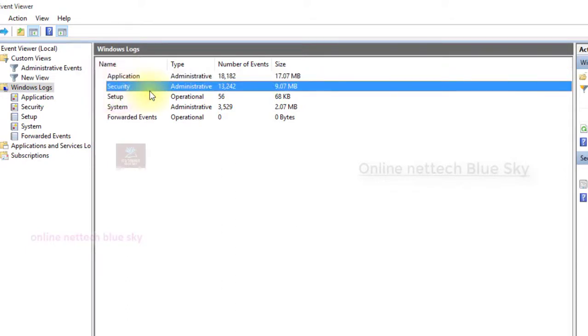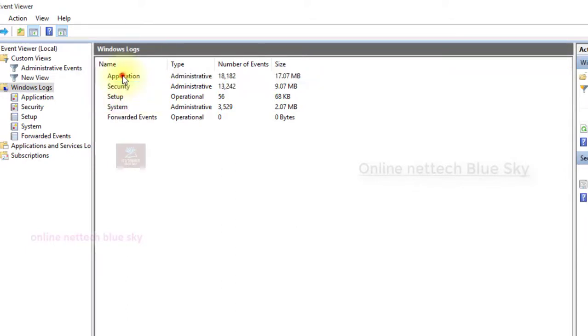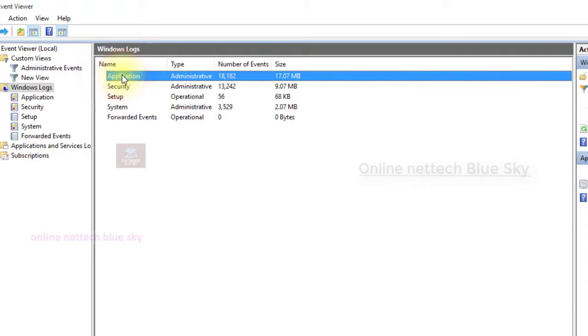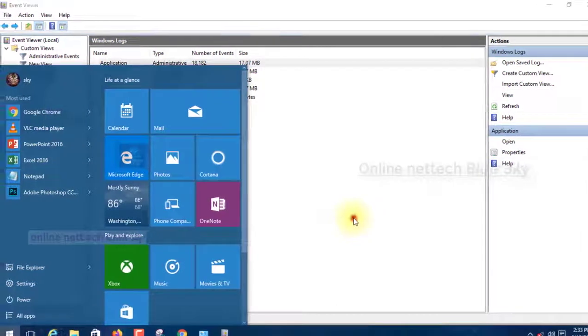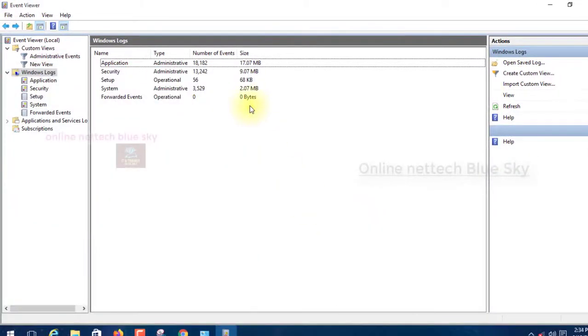Security related information. So what is the application? Your open applications, your Windows Media Player, VLC player, any Windows 10 related, any open application, and maybe some application does not start, and sometimes gives an error.